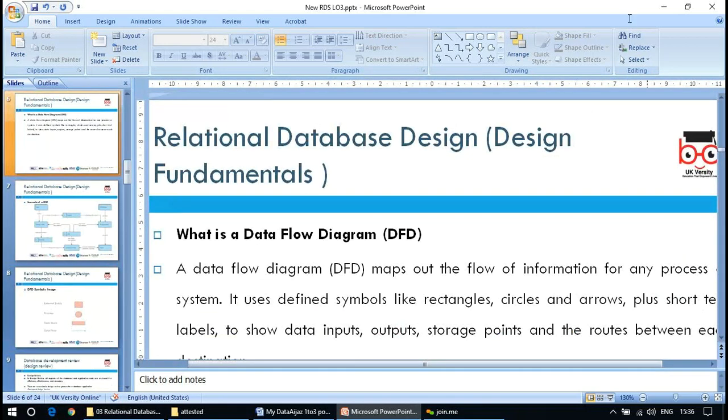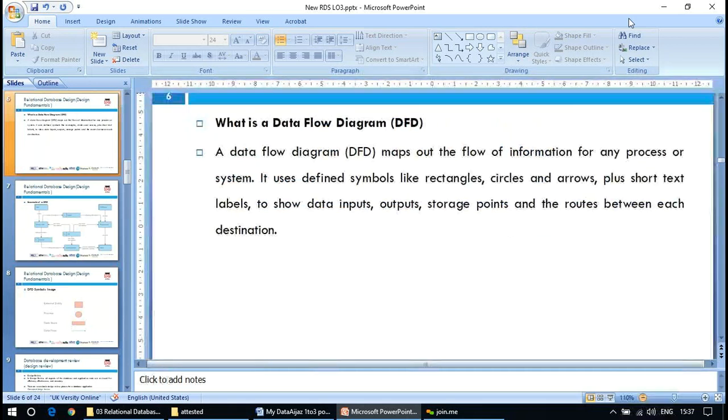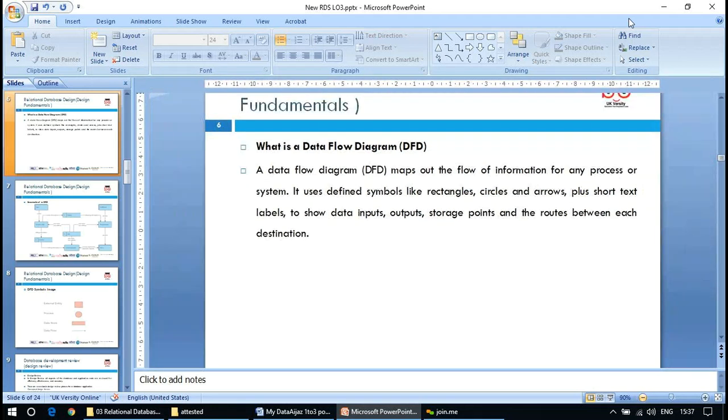Then once you know how the tables would be connected to each other, yeah, then you need to define the flow in between them, yeah. You need to define the flow, in what way they would be passing the data. That's also another important artifact of the database design, yeah. For example,